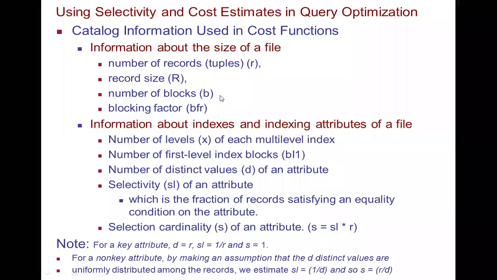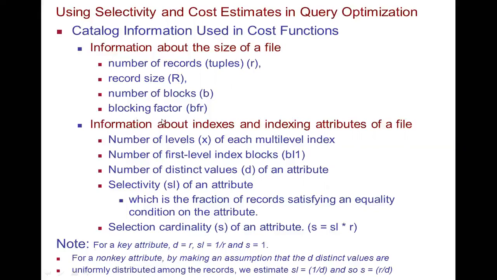When the file is being saved in the hard disk, it will be saved in the form of blocks. If the file size exceeds the block size of your hard disk, obviously it will be stored in the other subsequent blocks, or in the spaces or blocks which are free. Then the blocking factor, BFR we call it, is how many blocks it requires. How are you going to access the block?